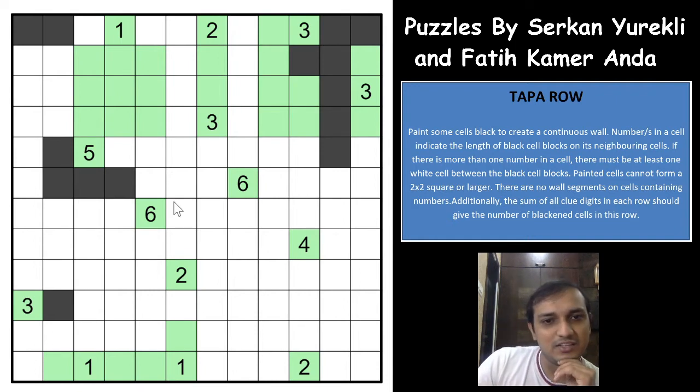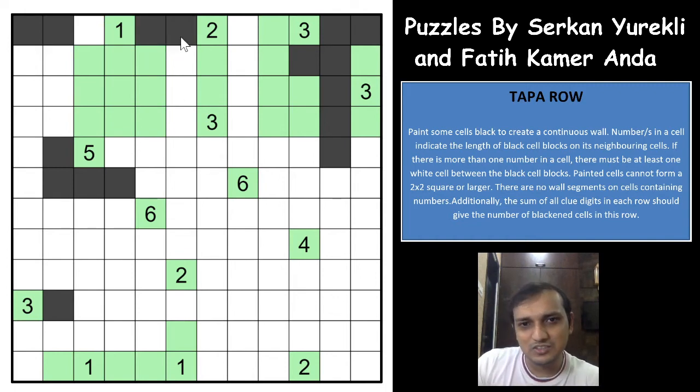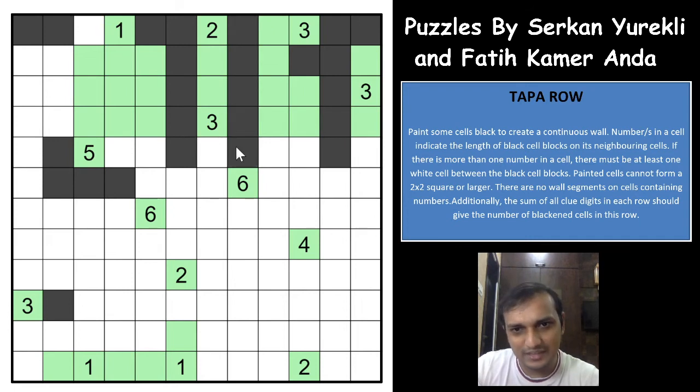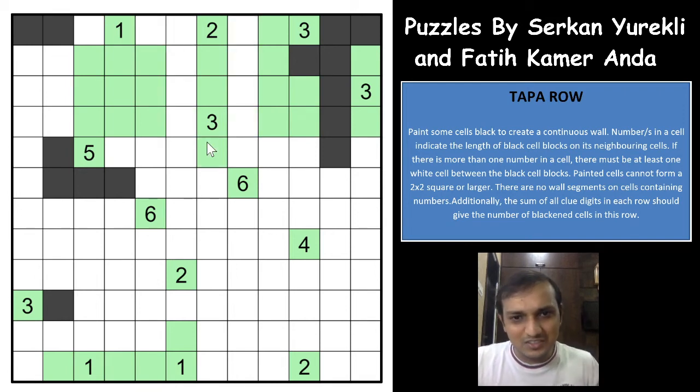Let us see if we get anything else with this now. Okay, so let us see with this area now. I get something in this area actually. We know that either this will be shaded like this or this will be shaded like this, and in both the cases you have 3 shaded cells, either this or this, for the Tapa clue, not for the row clue. For the Tapa clue, either this will have to be shaded or these will have to be shaded, right? And in both the cases this is unshaded.